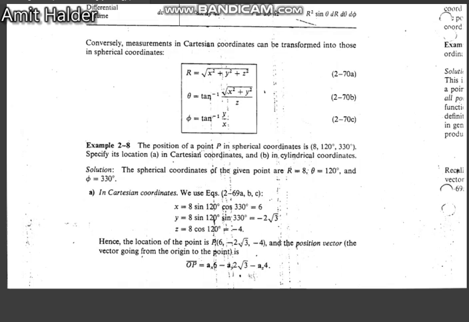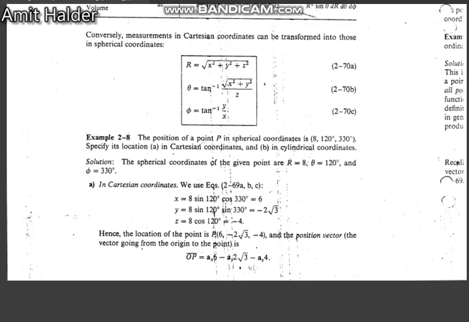Hello my dear students, now it is time to solve some exercises, some examples of how to solve the mathematics of electromagnetics that we have taught earlier. First of all, there is some coordinate math: converting Cartesian coordinates to cylindrical, and cylindrical to spherical. You can see the equations right here.